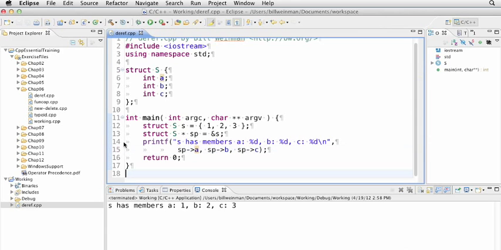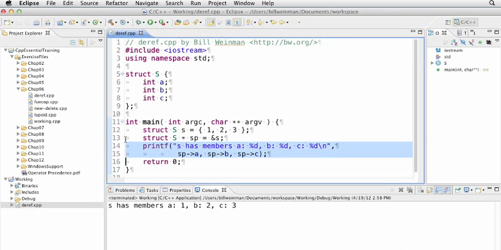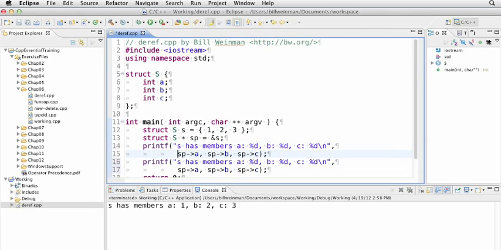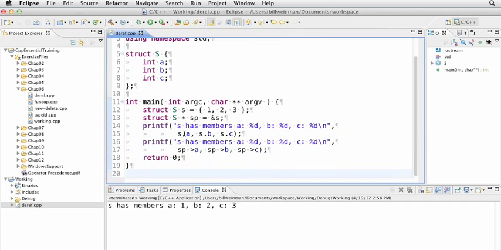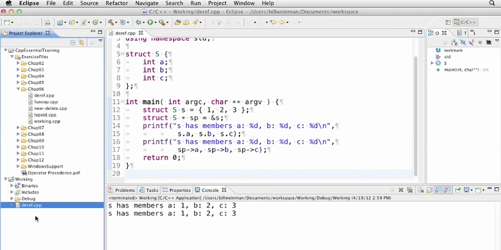So if I make a copy of this and paste it in here, we can use s dot for each of these, so we can get at the members of the structure directly, and that's with the membership operator, or we can get at them indirectly with the member dereference operator. Save that and run that, and you see we get the same result with both of those lines. So even in C with no object-oriented extensions, it's still very common to dereference pointers to structures. In C++, structures and classes use the same syntax and are actually interchangeable. So these